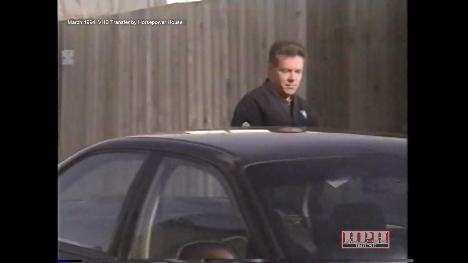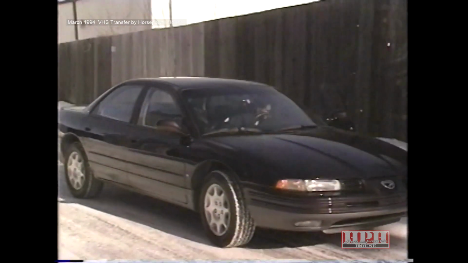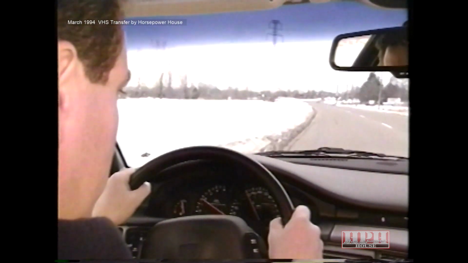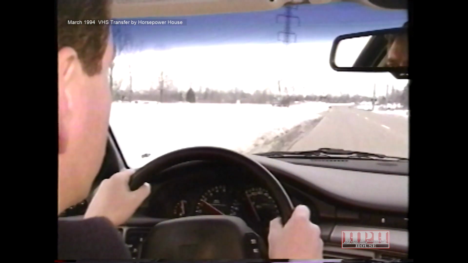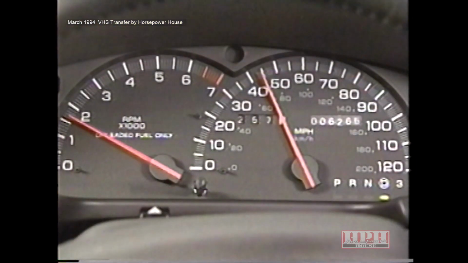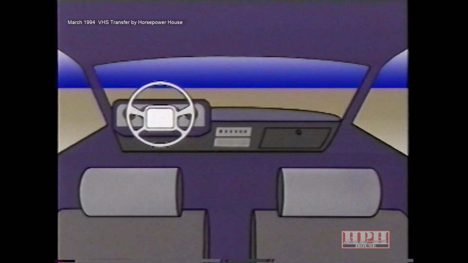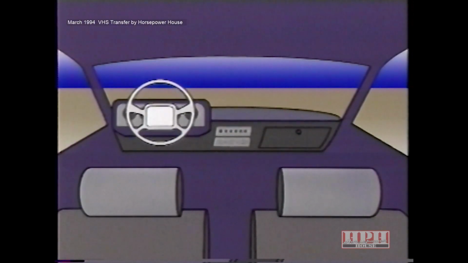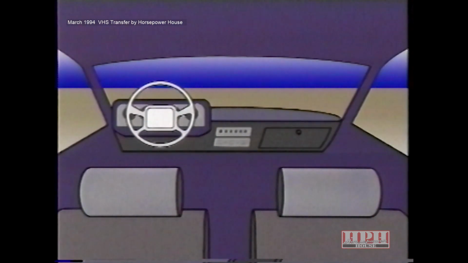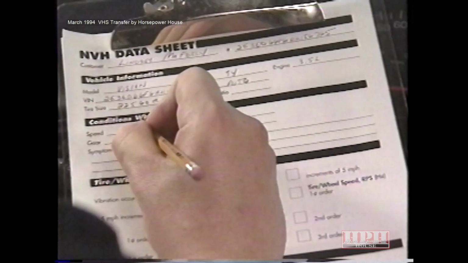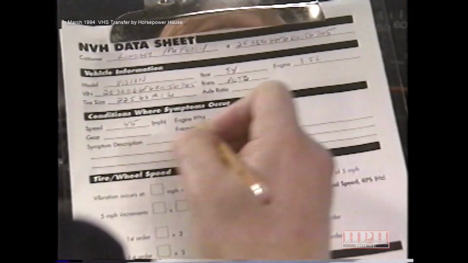In this case, an electronic vibration analyzer is not available. We'll have to use our senses to estimate the frequency. We'll slowly accelerate, looking for disturbances that match the customer's complaint. The vehicle begins shaking at 45 miles per hour. At this speed, the engine RPM is 1800. The problem is a low-frequency vertical vibration of the body, instrument panel, and steering wheel. We estimate the frequency to be approximately 10 Hertz. After bringing the vehicle to a stop, we can record this information on the data sheet.